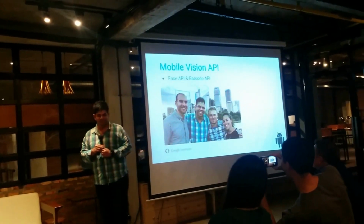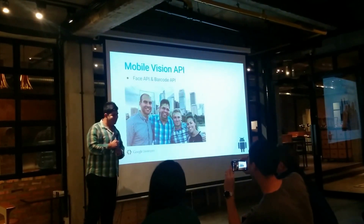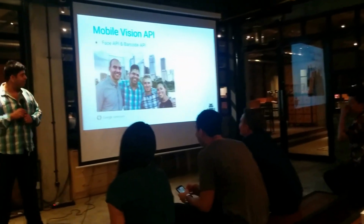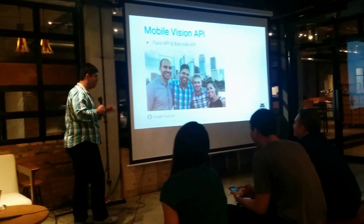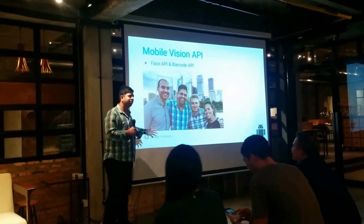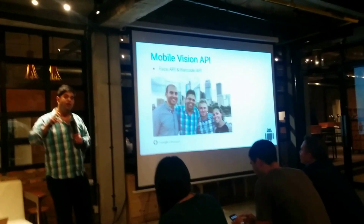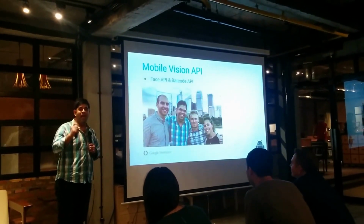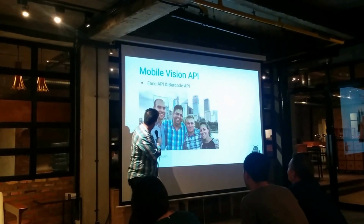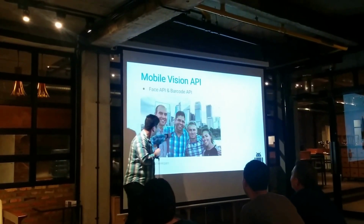this new thing called a Vision API, and let me give you some background behind the photo. We had a team event, and we were just posing for a photo. I didn't know it was a competition. I didn't know that I'd get graded on my smile months later. And here we are, and the Vision API kind of enables this. So what this API does is allows you to take photos. It will recognize that these pictures are faces, and it's able to do things like tell you what kind of smile each of these people has. And just in case you can't tell, I have the highest rated smile in this